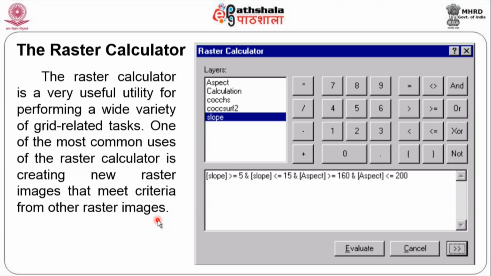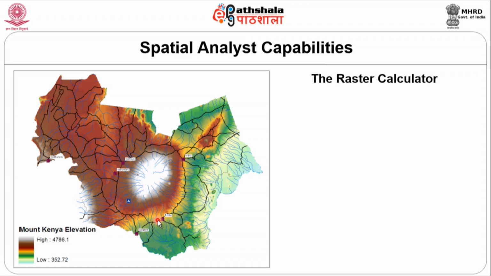When you use this, one advantage is that you get a new raster image that meets the criteria or the requirement of yours, and you can conveniently do it. Again, the advantage here is that raster data will have cell values, each and every cell will have a value. Capabilities of your raster data analysis, what kind of analysis one can do. Using a raster calculator, you can just try to get the high values and the low values of this.